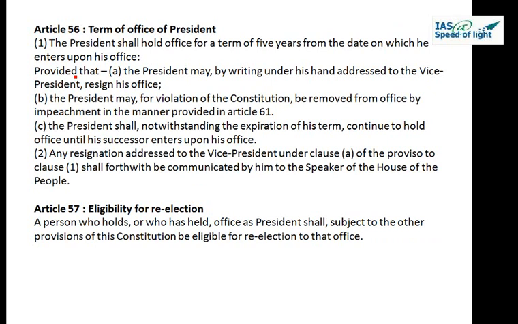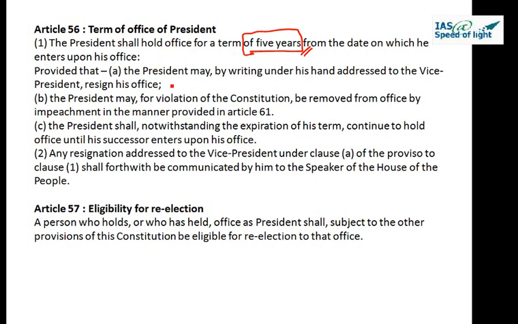Now articles 54 and 55 we have already dealt with, those are related with the election of the president in the last class. Now coming to article number 56, which gives us information about the terms of office of president. First part, article 56, says the president shall hold office for a term of 5 years. So the term of office of president is 5 years from the date on which he enters upon his office,